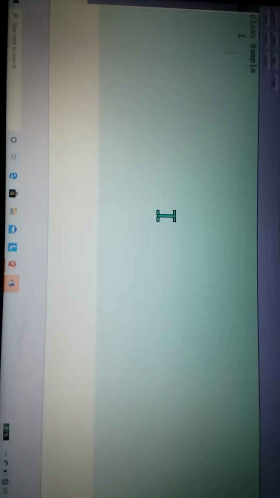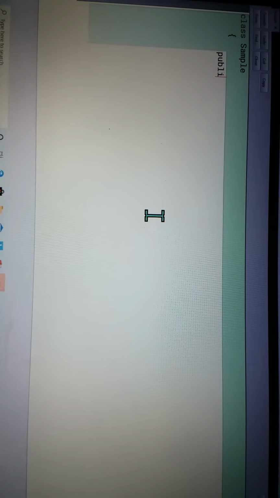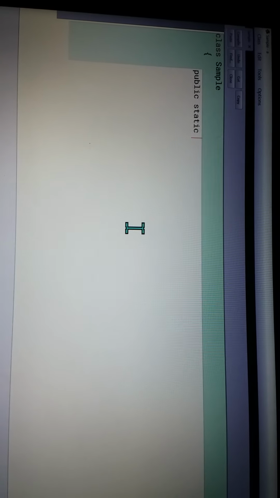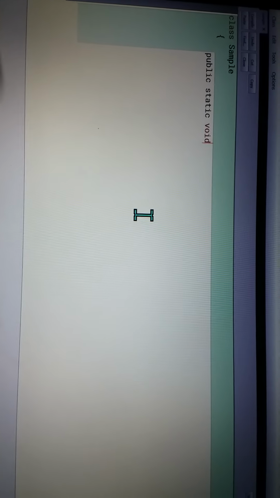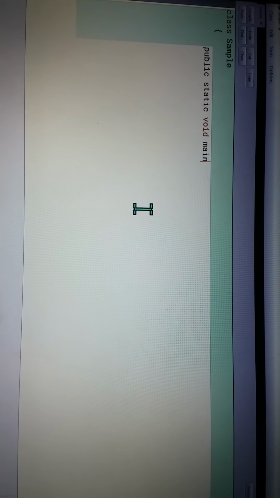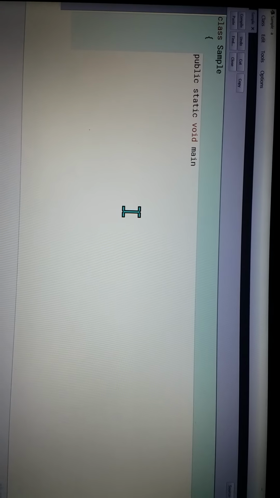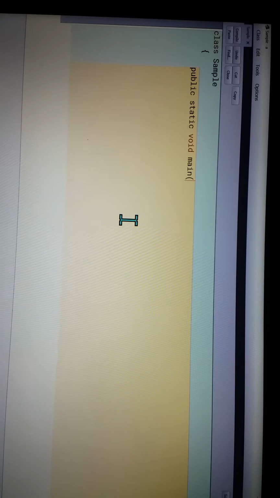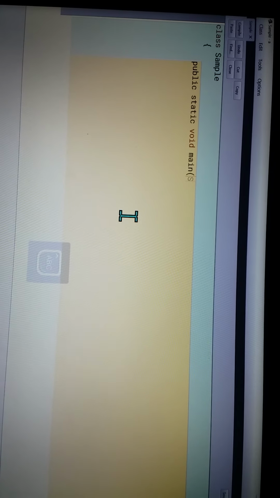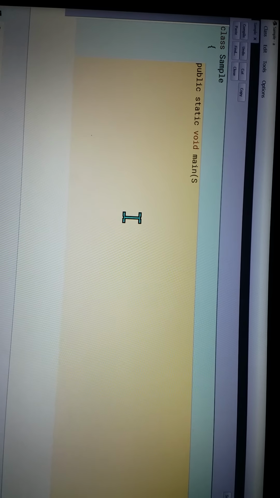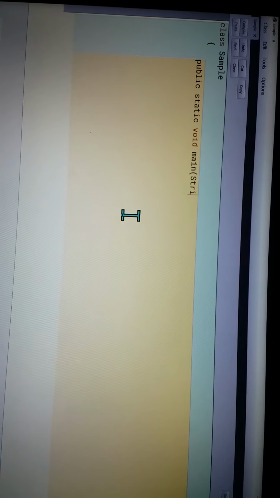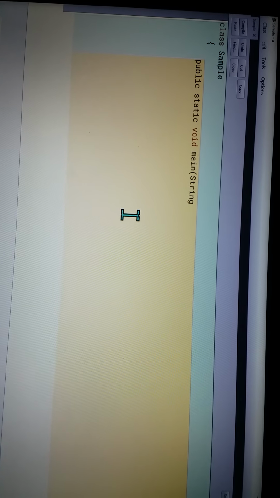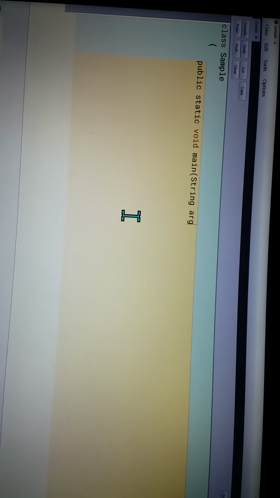Now it is necessary to write public static void main in every program. So I am writing it in small letters only. Public static void main. Now you have to open a small bracket, and then in capital letters you have to write S, String, so capital letter S. Then you have to give args.